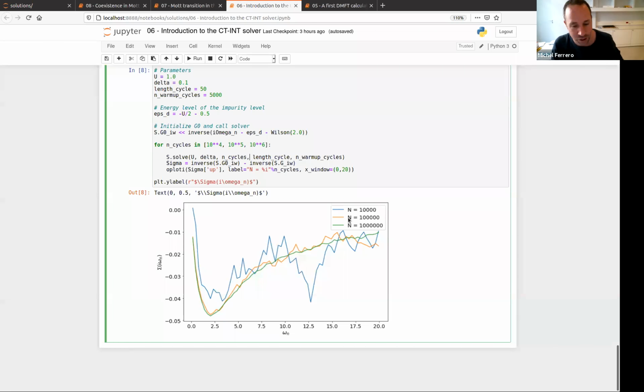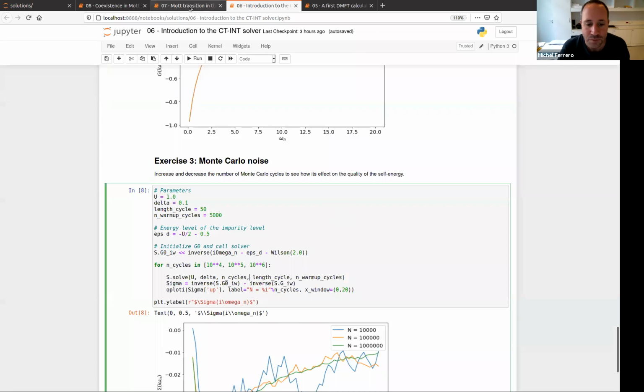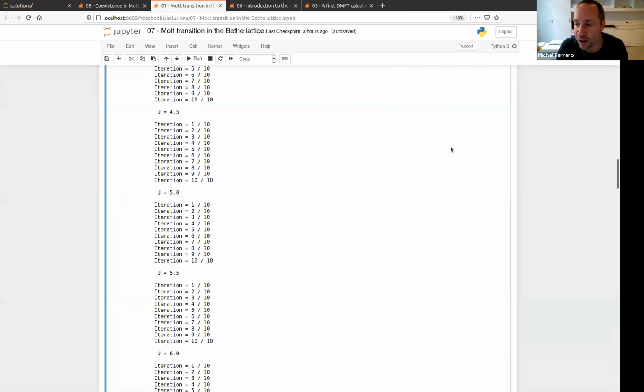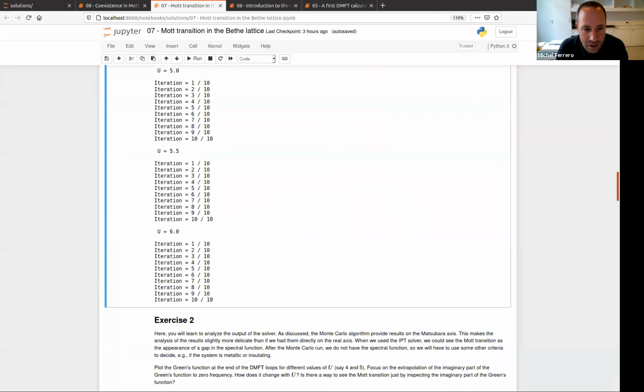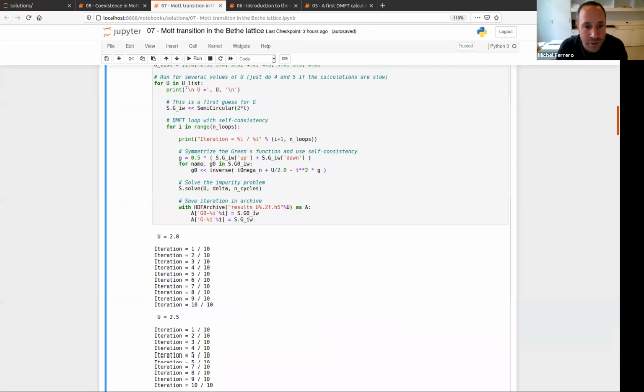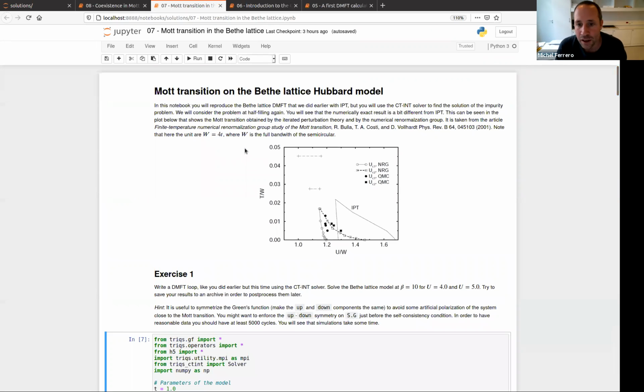Unfortunately, it goes down like 1 over the square root of the number of cycles. So if you want data that is 10 times more accurate, or that has error bars that are 10 times smaller, you will need to run it 100 times longer. So that's the effort. Okay, so this notebook is really about how to use the impurity solver, and then